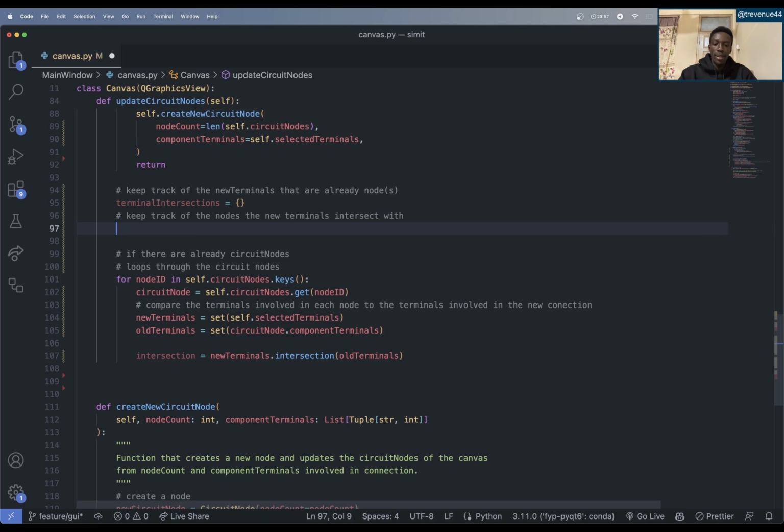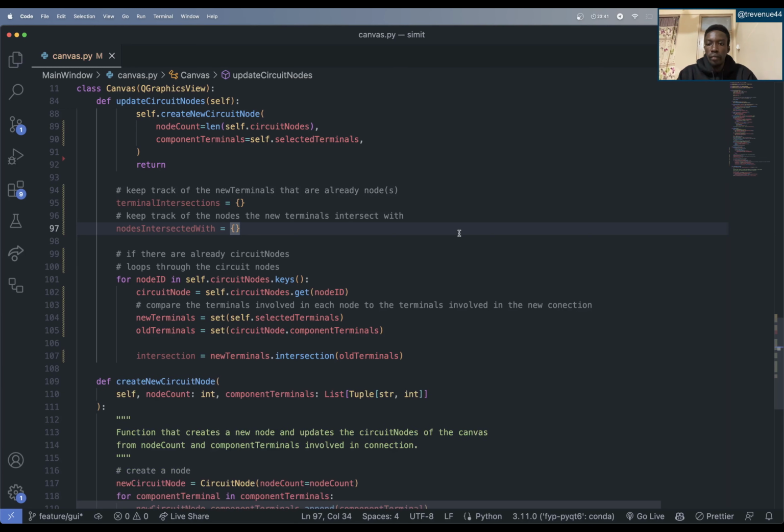So nodes intersected with should also be an empty set. Now, if I consider these intersections,